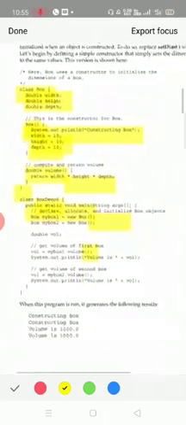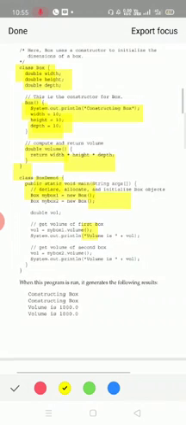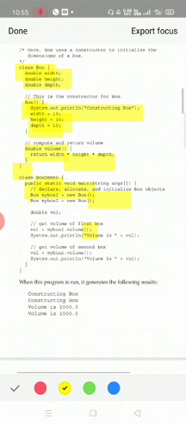You can check the comment line as well: declare, allocate and initialize the box object. There are two objects we are creating. Recall the object creation step in Java; watch my previous video. Here two different objects we are creating, myBox1 and myBox2.